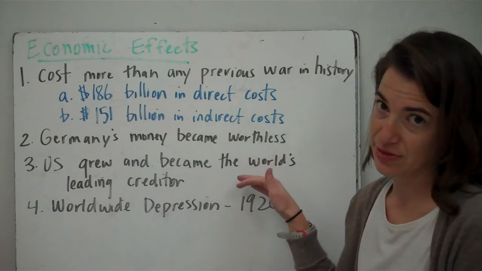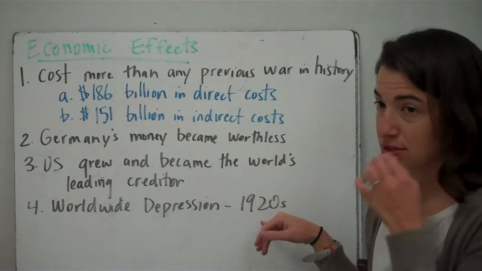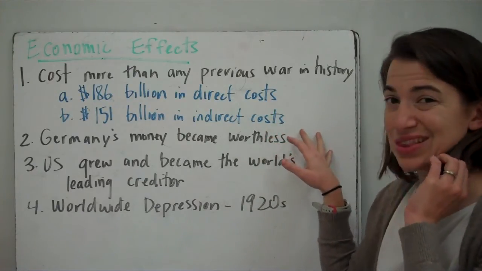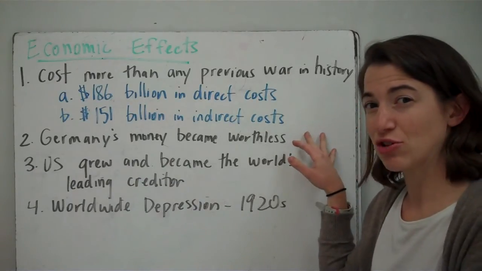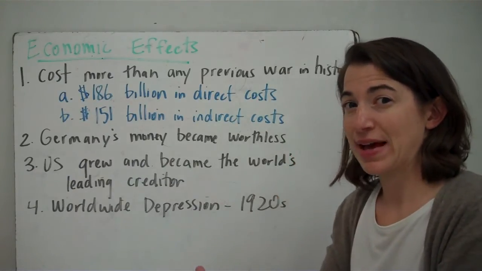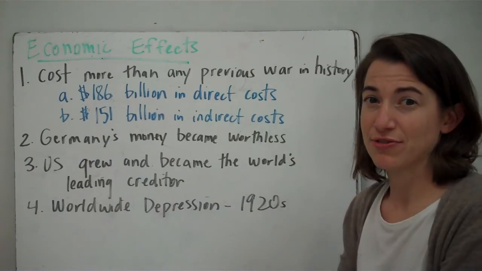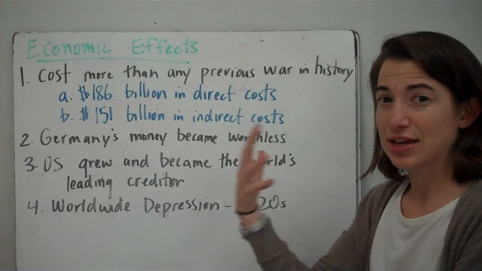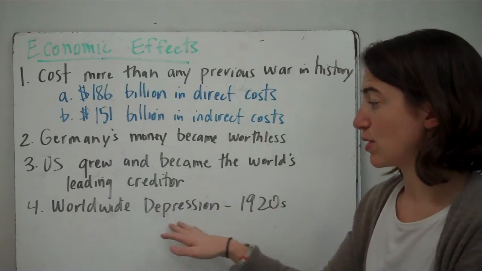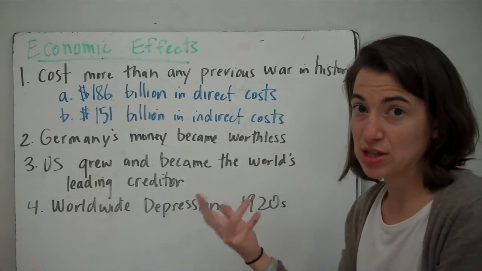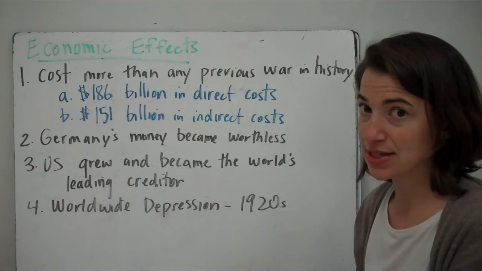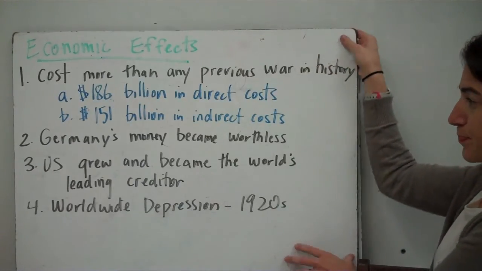But that only lasts for a while, because in the 1920s, what happens is the depression and the economic instability, and the economy being so bad in Europe, they can't bounce back out of it because their buildings are destroyed, their factories are destroyed, and it leads actually to a worldwide depression. So not just in Europe, but the whole world, and it hits the U.S. in the 1920s.